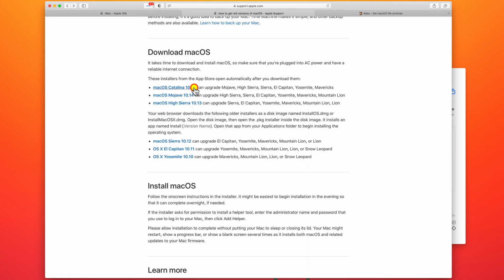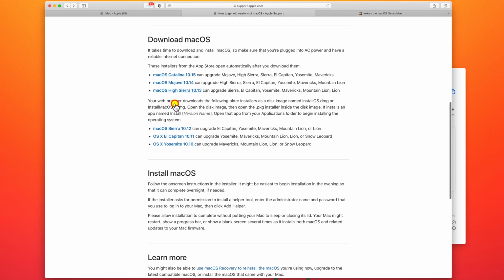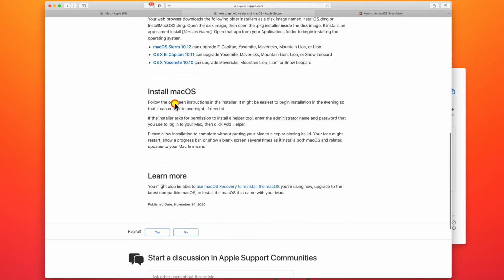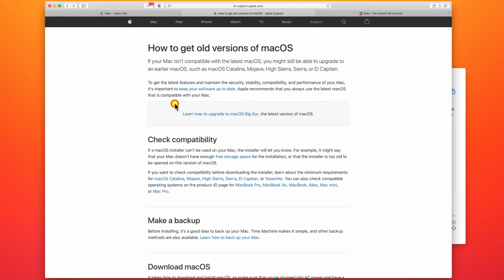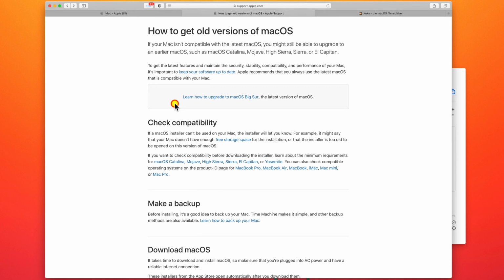I have Big Sur, Catalina, and Sierra, High Sierra, and I've created a triple boot on a single 32 gigabyte USB drive, and we'll just run through how to create such a USB drive and what might be required depending on whether or not your system has a T2 security chip.